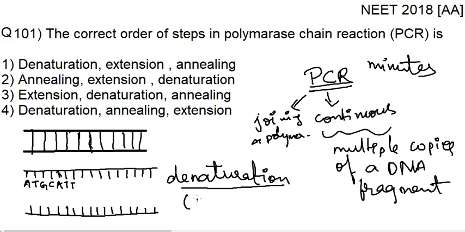How is it done? It is done by maintaining high temperature. Why? Because you need an optimum temperature to retain the structure. When you provide high temperatures, the structure is denatured, the structure is destroyed, for DNA and also proteins. Any biological molecule needs a specific range of temperature to maintain its structure. So high temperatures are given so that the two strands are separated apart. This is the first step. Now what happens in the second step?